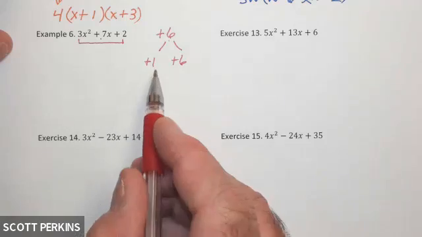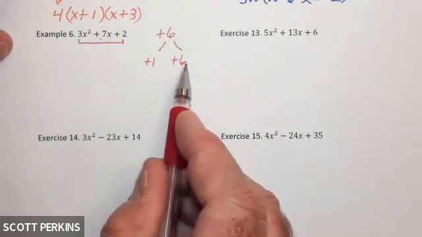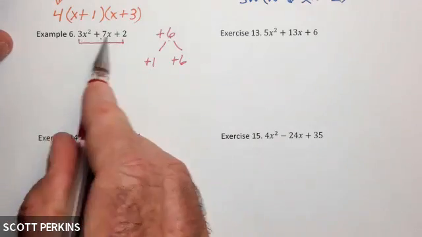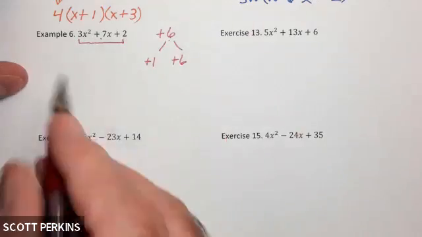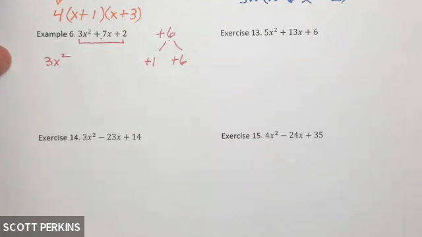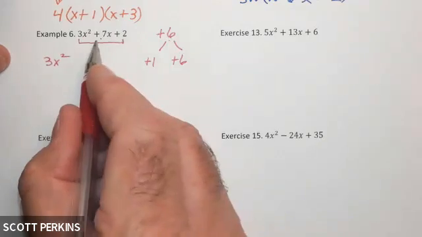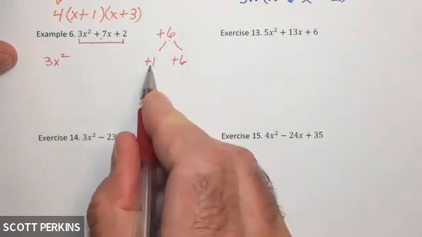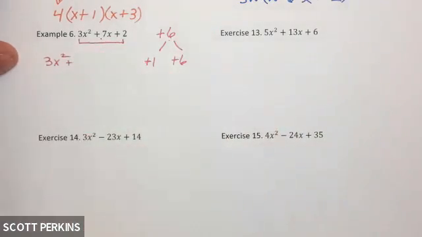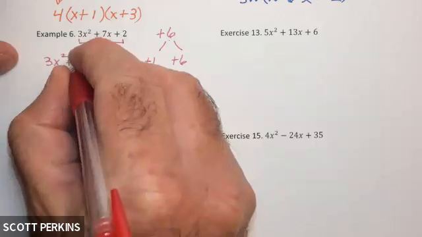Okay. Now what you do is I'm going to take these two terms and I'm going to use them to split this 3-term polynomial into 4 terms. And here's what I mean. The 3x squared is going to stay the same. But instead of writing 7x, I'm going to use these two numbers. And so I'm going to write this. I know it's not technically proper, but I've got plus